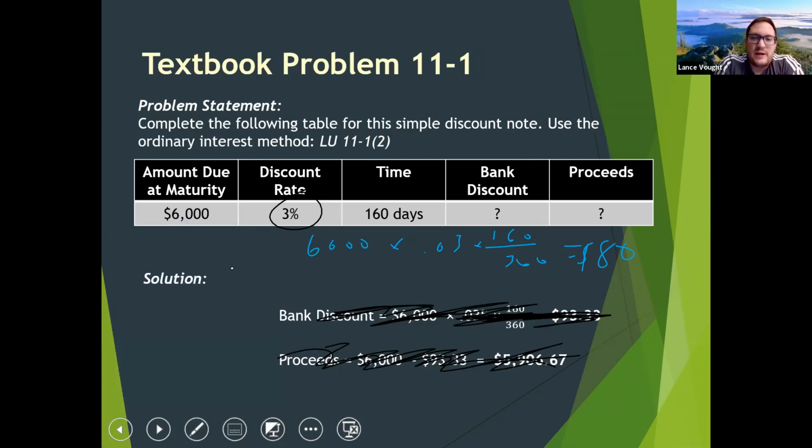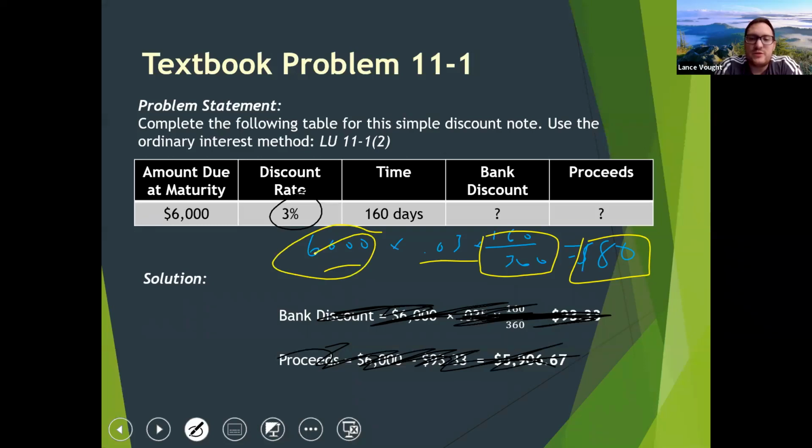So we calculated our interest. Interest is $80 because we multiplied times time: 160 over 360 times 3% times 6,000 means $80. So the proceeds, again, remember, this is how much you have to pay back, not how much you're getting anymore. So you subtract the $80 from 6,000